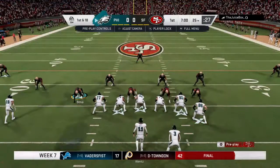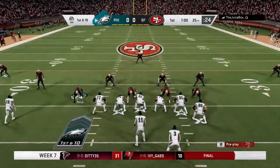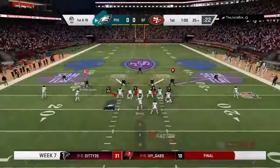Here we go. 120. Listen. Give me that ball, defense. Give me that